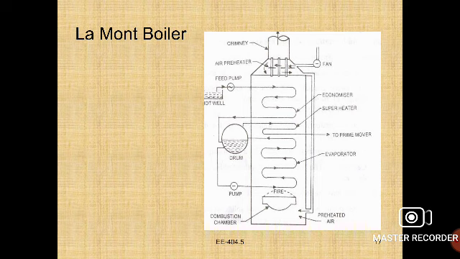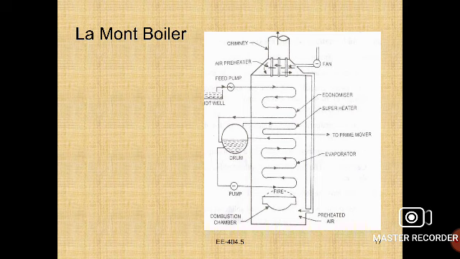The large circulation of water prevents the overheating of tubes. Whenever the maximum amount of water is supplied into the boiler, to avoid overheating of the tubes, the water is rapidly evaporated in the tubes. The mixture of water and steam, which means wet steam, enters the drum, where the steam is separated.